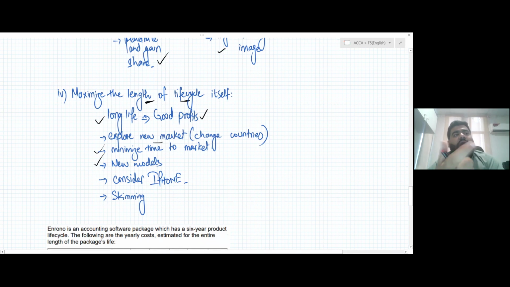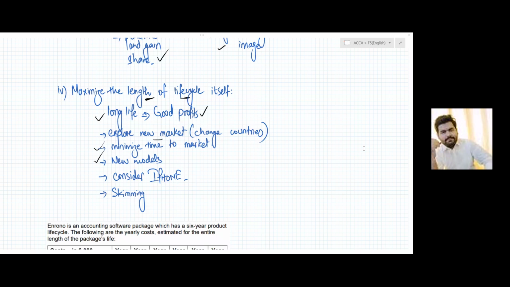Make new models. Like with the iPhone, they feel like people are being bored. So we were discussing the new models. iPhone is making new models on a regular basis. The reason behind that is to increase the life cycle. People will get bored with the same model, so launching a new model means that the iPhone company is increasing the life cycle. Just like in cars, just changing the lights and making a new model is increasing the life cycle of the product. All these points are about maximizing the life of the product,